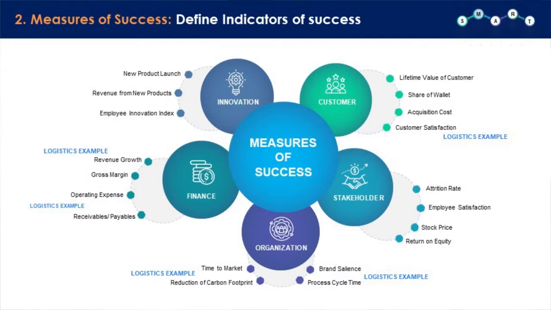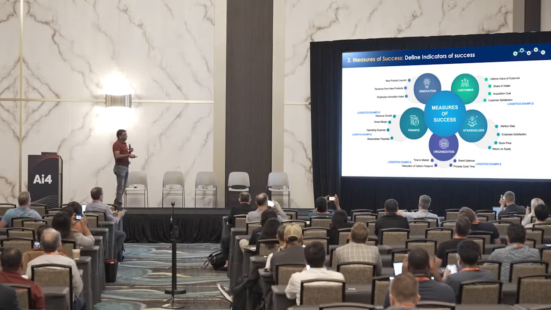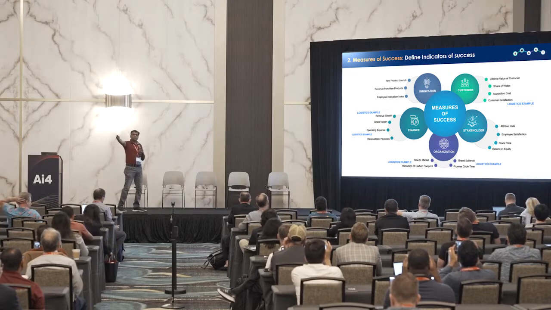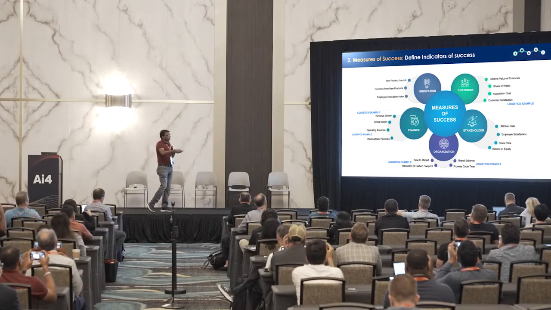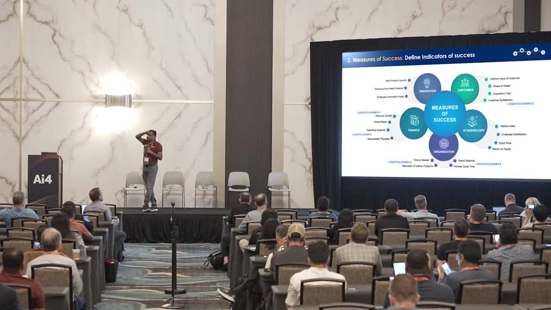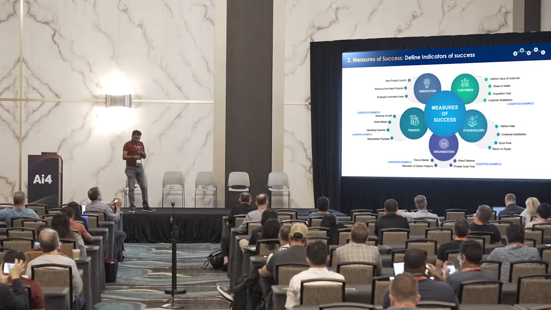Second, when you look at the metrics or the measures of success, broadly anything can be framed into these 5 parameters. Anything you are trying to do for a customer, for a stakeholder, for the entire org, is all revenue related, or innovation, because you want to stay ahead of the market. So we tried to combine a few metrics for this example. These are the measures I want to look at, from the gamut of things. I picked 5 measures.